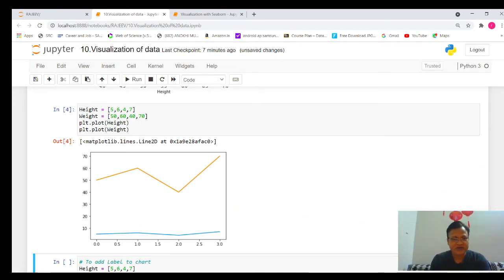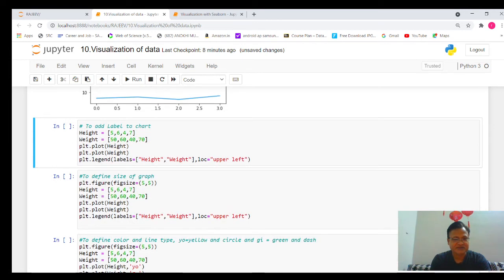Let's see a few more interesting things about this. If you want to add a label to the chart, how will we mention the label? Here we will use the legend, and you know legend very well. Whenever we display a particular graph, you will see it gives some indication that this particular line indicates height, and this particular line indicates weight. So that is the legend.